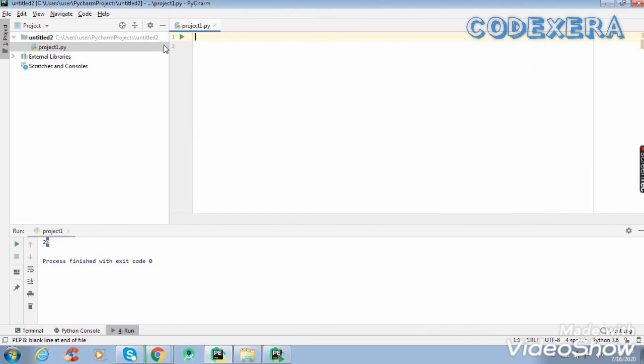I hope you all understand the steps for installing PyCharm, and that you now know why the PyCharm editor is very important for a Python programmer. This is enough for you to go ahead with Python programming with this editor. Hope you all understand this very well, and also that you enjoyed it.